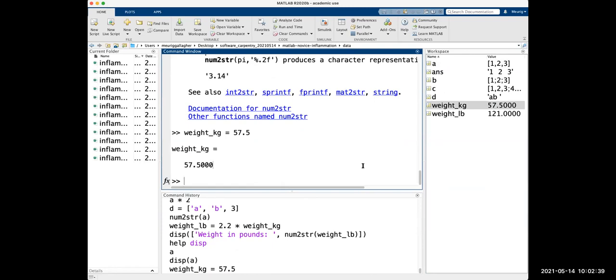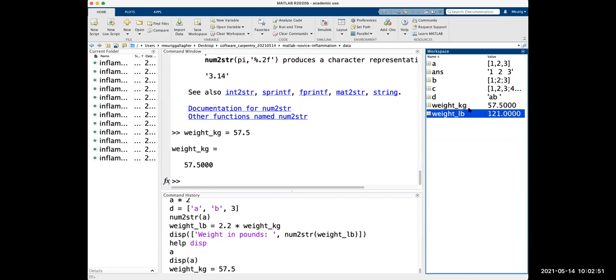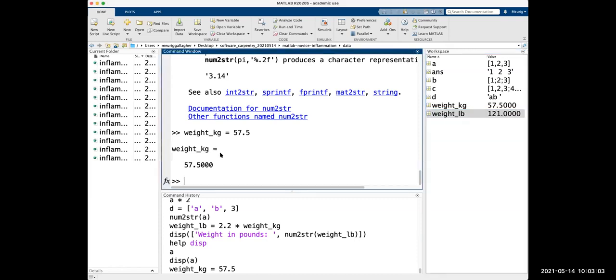Maybe you want to keep adding things. Maybe your variable is a count and you want to add 1 to your count every time something happens. You can keep changing these and keep going, but everything else has stayed the same. So you see our weight in pounds, even though we've changed our weight in kilograms, we haven't assigned our weight in pounds to anything. So our weight in pounds is still 121. If we want to update that, we'd still need to go through and update it.